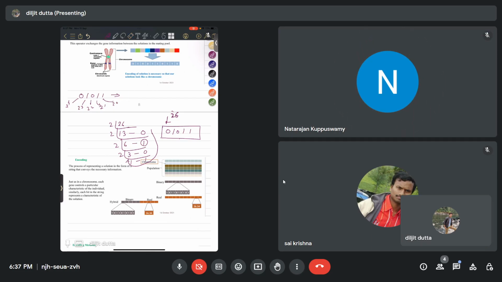So it is 0 into 2 to the power 4, plus 1 into 2 to the power 3, plus 0 into 2 to the power 2, plus 1 into 2 to the power 1, plus 1 into 2 to the power 0. Now let us sum. This is 0, this is 0. 2 to the power 3 is 8, plus